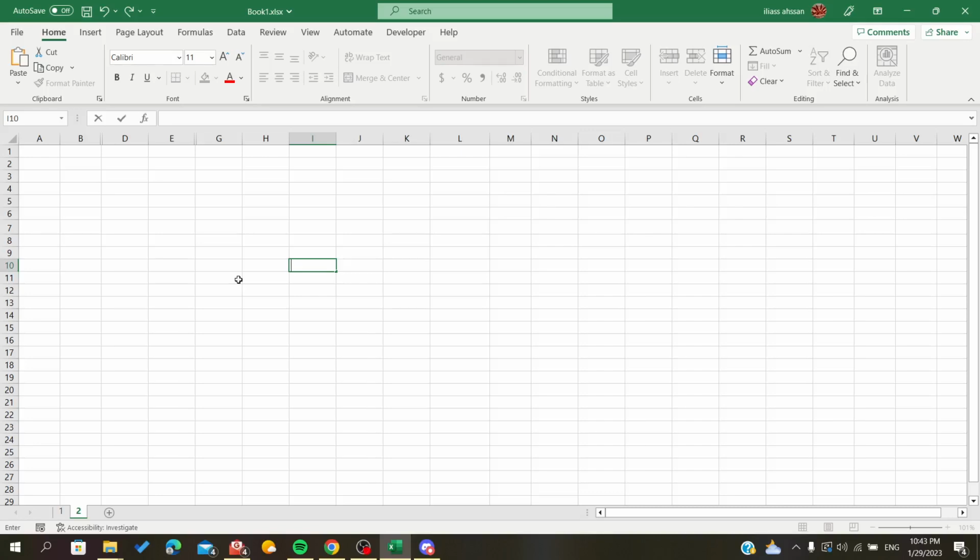Hello everybody, in today's tutorial I will show you how to multiply columns on Microsoft Office Excel. So the first thing that you need to do is to open your Microsoft Excel spreadsheet and follow these simple